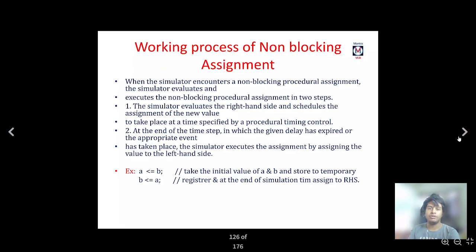Working process for a non-blocking assignment. When the simulator encounters a non-blocking assignment, the simulator evaluates and executes the non-blocking assignment in two steps. First, the simulator evaluates the right-hand side and schedules the assignment of the new value to take place at a specific time, set by a procedural timing control. And number two, at the end of each time step, when the delay expires or an event takes place, the simulator executes the new assignment. For example, A equal to B equal to